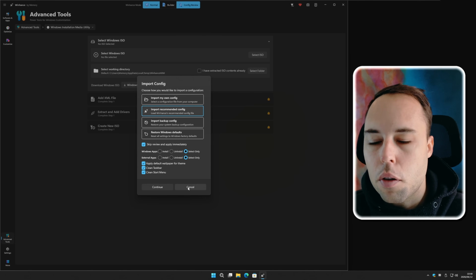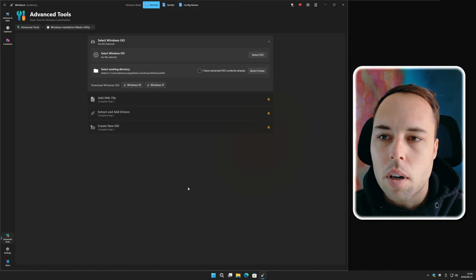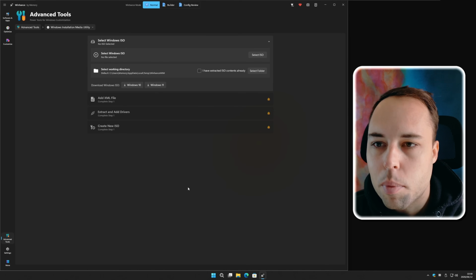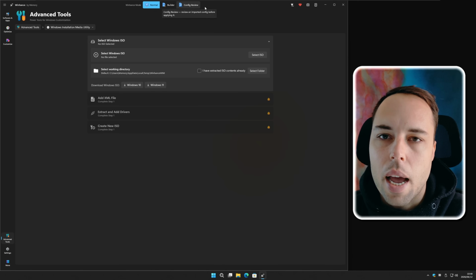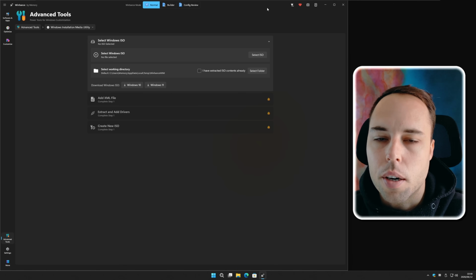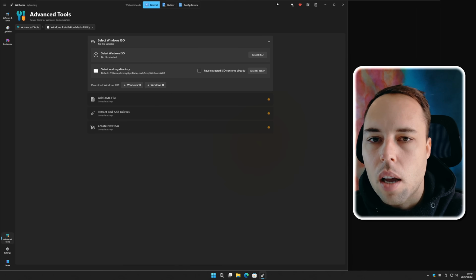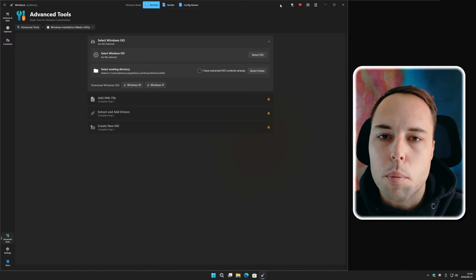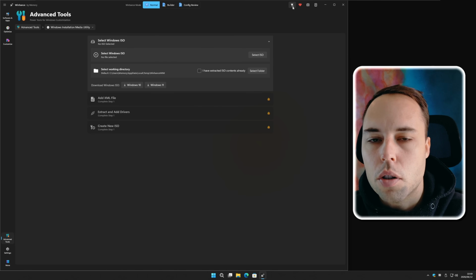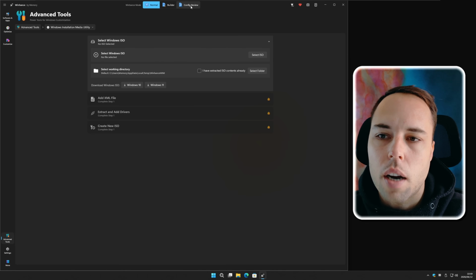But the config review feature has existed in WinHance before, so it's not something new that's in this update, but the button to go into config review mode has also been added to the top of the main window here. And with the addition of these buttons, I've removed the save config and the import config buttons that were here next to the Windows version filter, because the builder and the config review button basically replaces those.